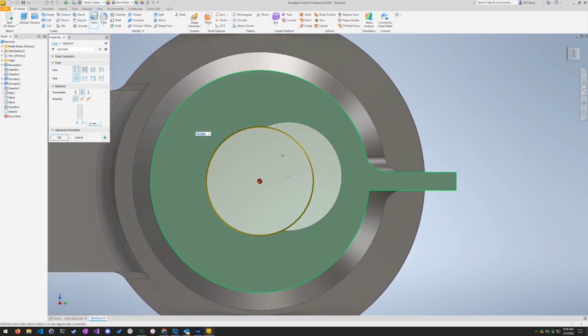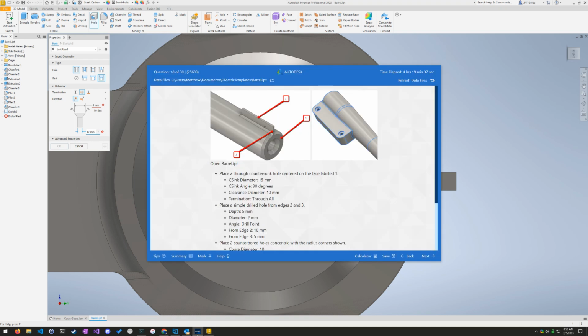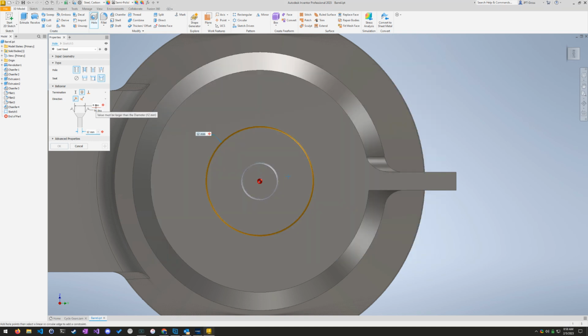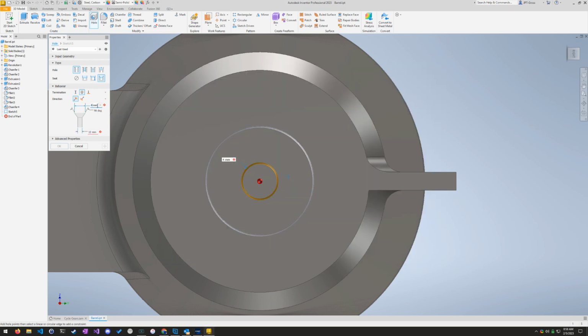I don't know why I have 2 holes now, but hopefully that figures itself out. It wants us to use a countersunk hole where the countersink diameter is 15 millimeters. So the countersink diameter is the widest part, because you can see the diagram of what a countersunk